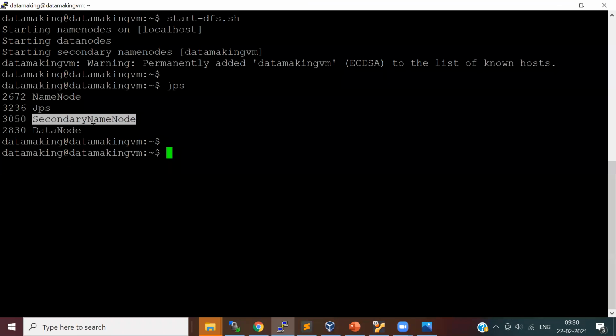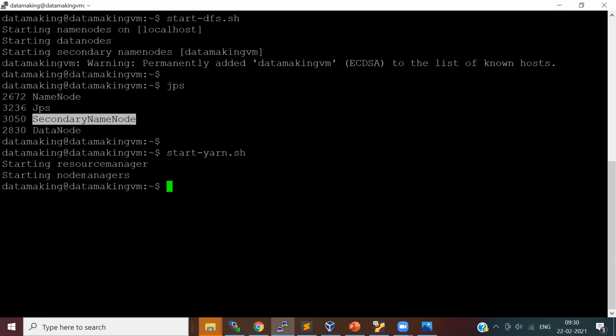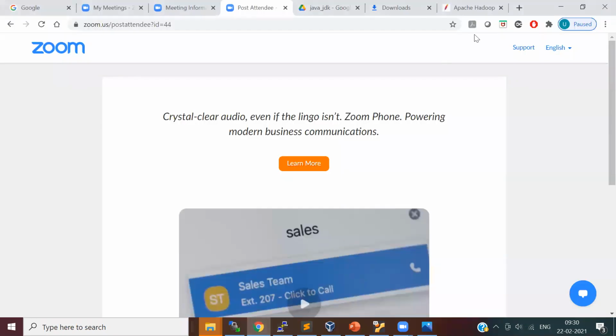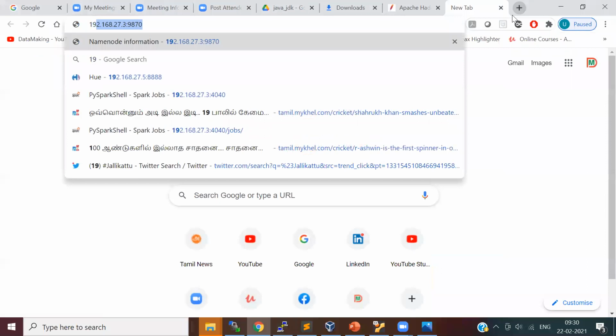You can run start-yarn.sh, which is going to start the resource manager and node managers. Okay, so now I can access the web UIs.